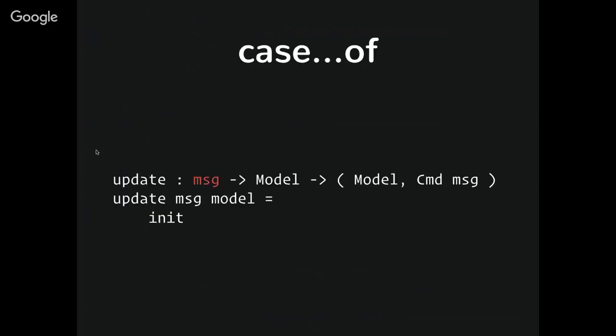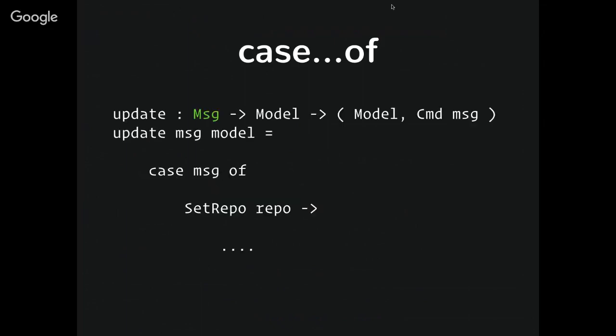And it looks something like this. So message is passed in. We're going to uppercase it to the type Message because now it's declared. It's not like any random type anymore. It's this thing. And we're going to say that the case of message, you can kind of read like in the case that message is a set repo with a string repo, I want you to perform anything where those dots are. So in this case, the arrow is representing like, you can consider it like a function block or an execution block.